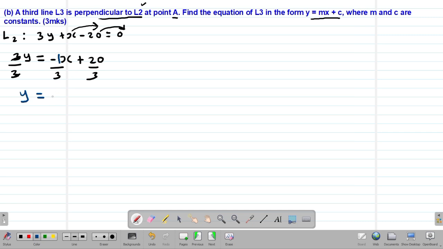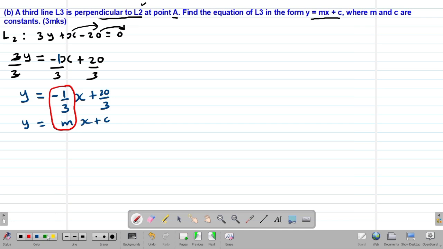So I can rewrite it as -1 over 3 x, then of course plus 20 over 3. So if I compare it with y is equal to mx plus c, you can clearly see that the gradient, which will be m1, is actually equal to